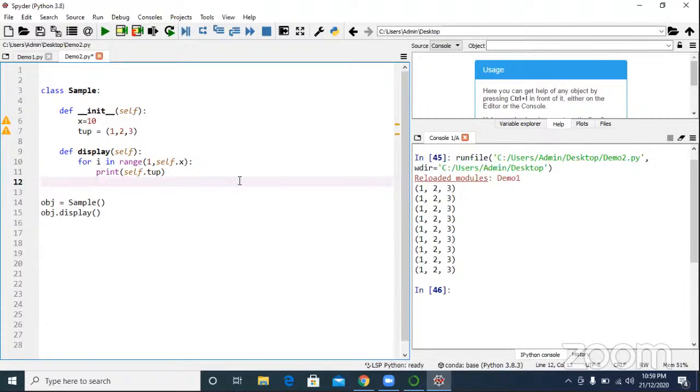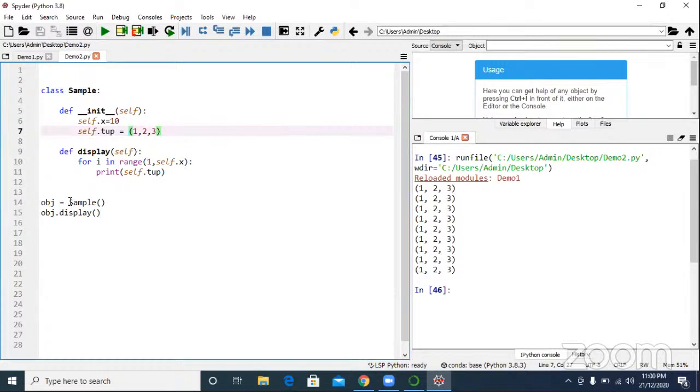Here also we have to write a constructor. In Java, the constructor name should be the class name. It's not like Java here: underscore underscore init underscore underscore, self. Again, you have to say self dot x equal to 10, self dot tup equal to 1, 2, 3. This is 100% correct.